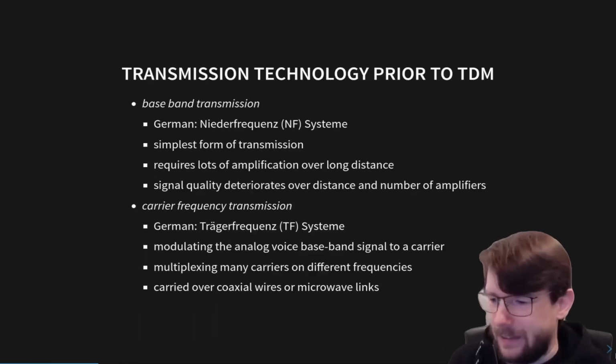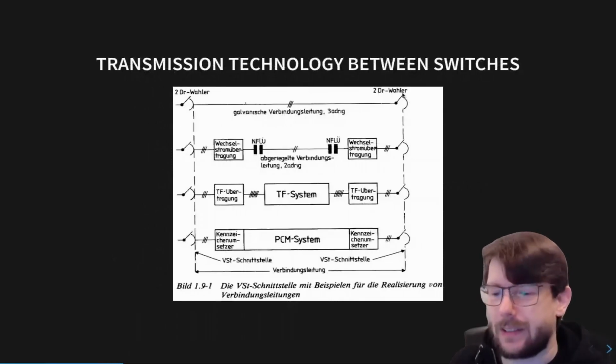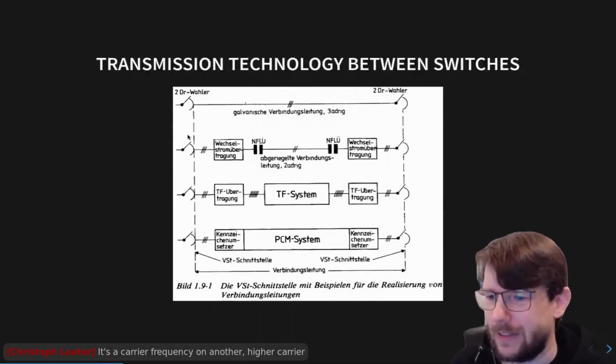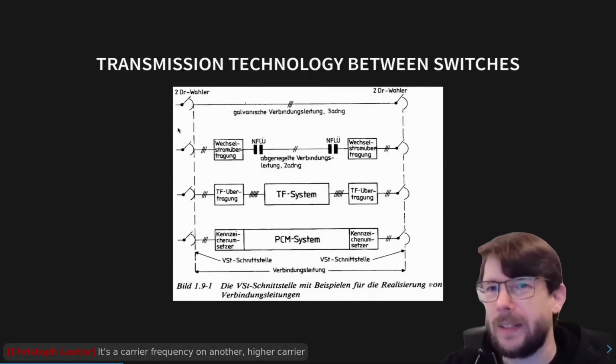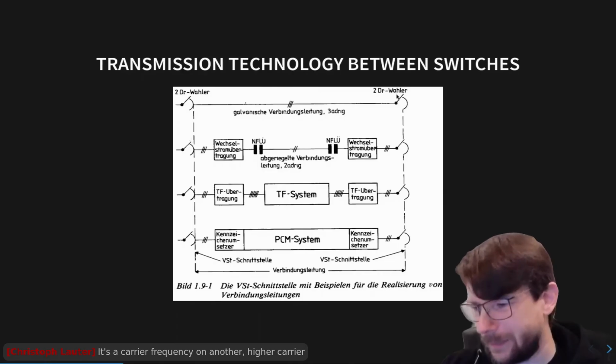And yeah, this is a German slide, a diagram taken from a book that compares these different mechanisms. So the assumption is on the left-hand side, you have some kind of analog switch, and on the right-hand side, you have another analog switch. And you can either have the galvanic coupled